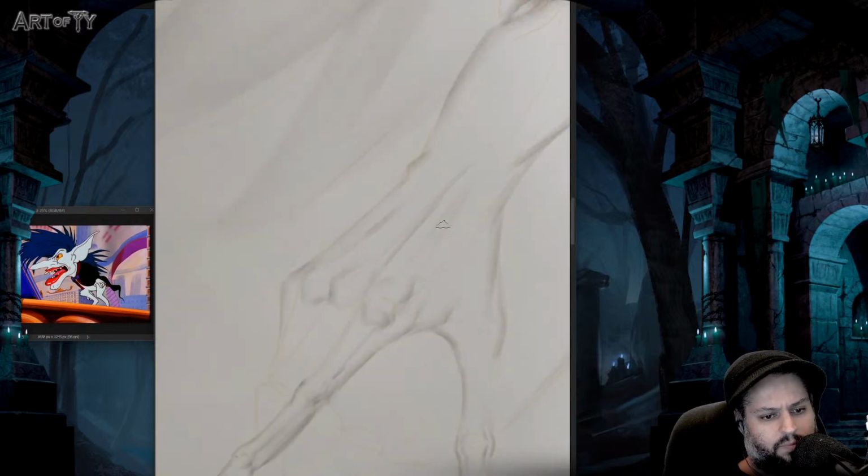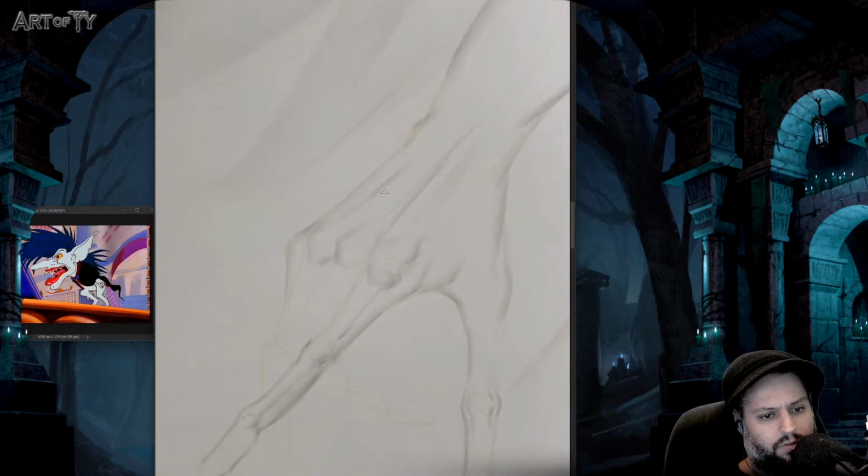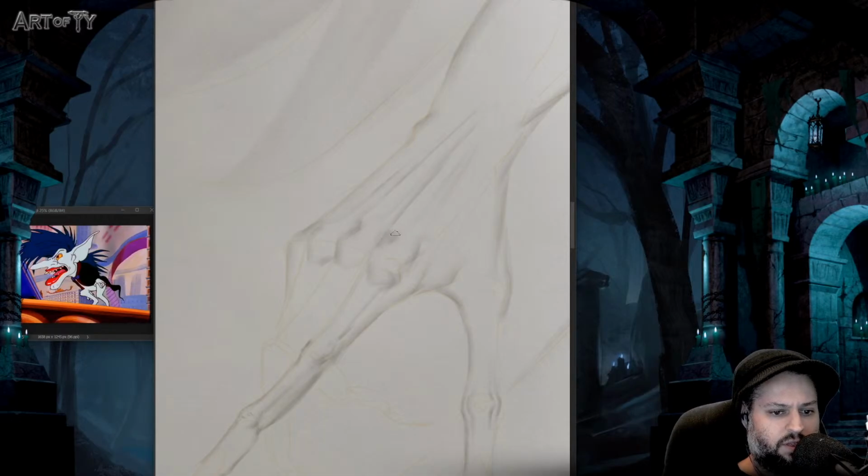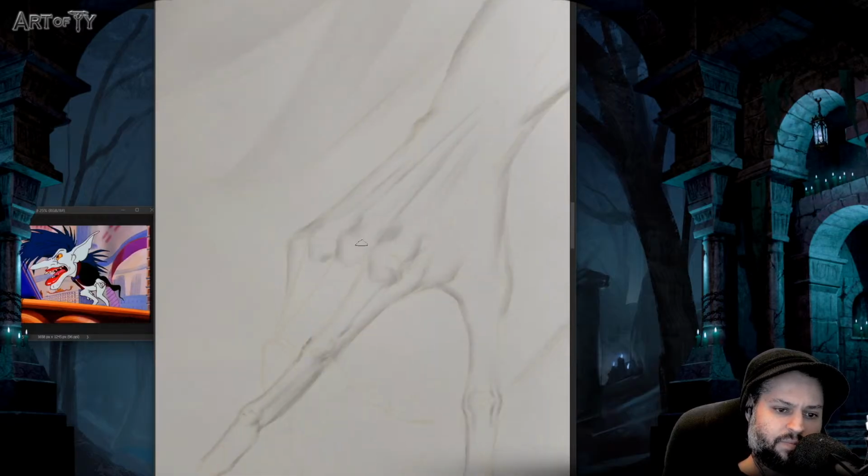And if you're going to do a hand where it's going to feel more bony, and you want to get some veins and some fleshy bits feeling convincing, then you definitely want to think about what the skeleton is doing. I guess that's at an angle where we won't really see that indent too much, but